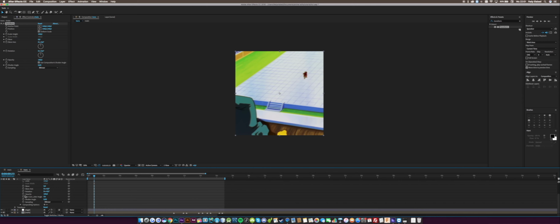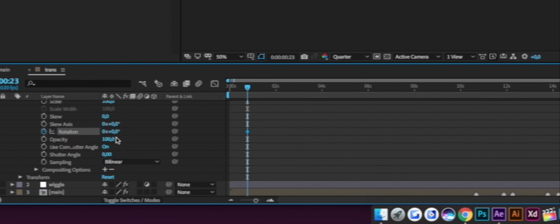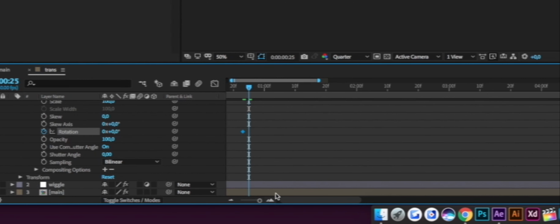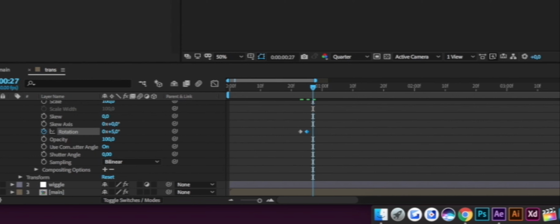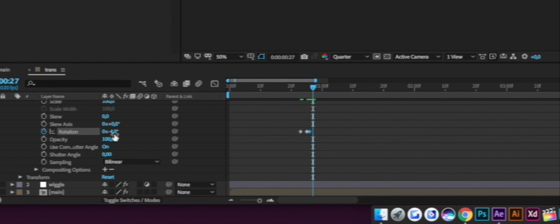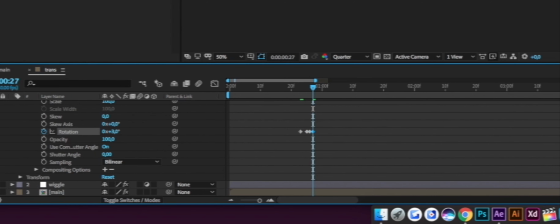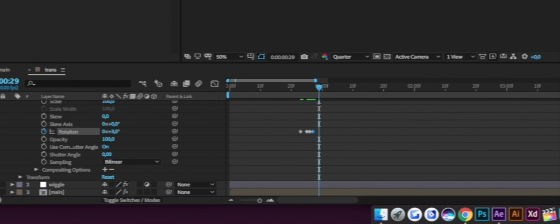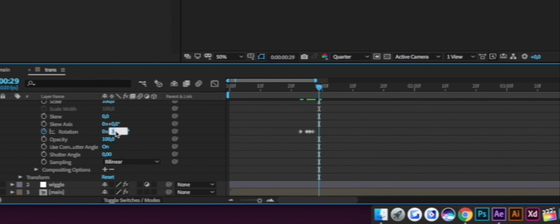and I'll start a keyframe with 0 degrees. Go 2 frames forward and put like 5 degrees. Go 1 frame forward and put like -4 degrees. 1 frame forward again and put 3 degrees, and then go 2 frames forward again and put 0 degrees. Select your keyframes and easy ease them,